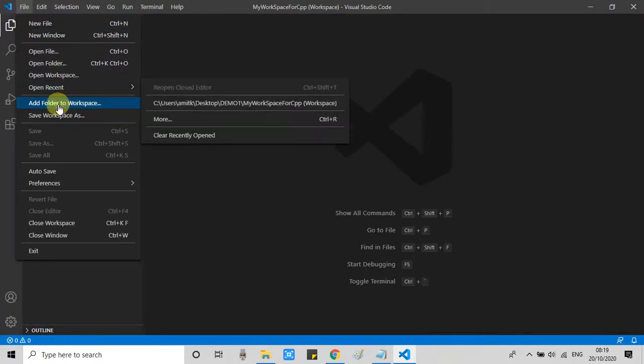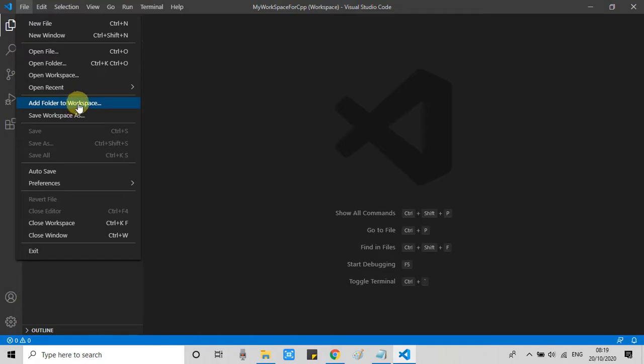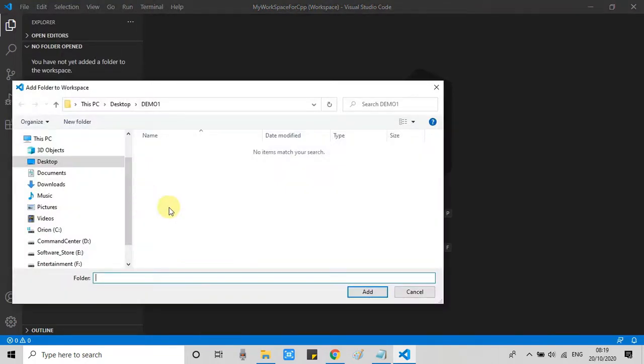Now go back again to the file menu, then click here on add new folder. So guys, add new folder means that we are going to separate our projects. Suppose you are creating a first project for a particular reason and you want to create another project for another kind of thing, so you can put them in separate folders.